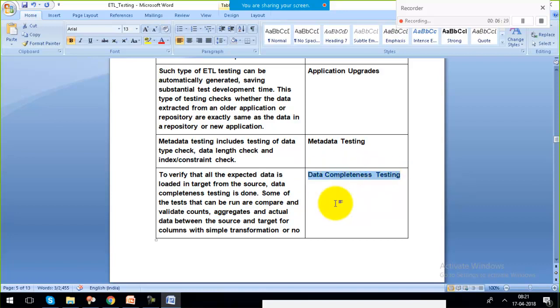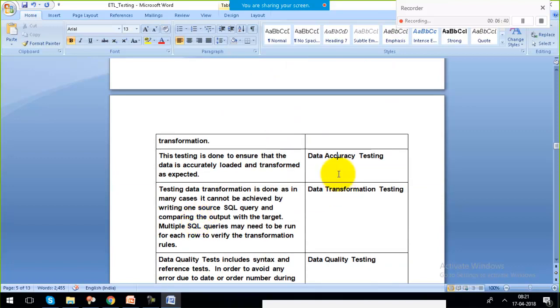Data completeness we can check from source to target, whether we are transferring the same or equal number of records or not. And accuracy, whether the data that we are getting is accurate or not. Transformation is a very important one. Transformation means